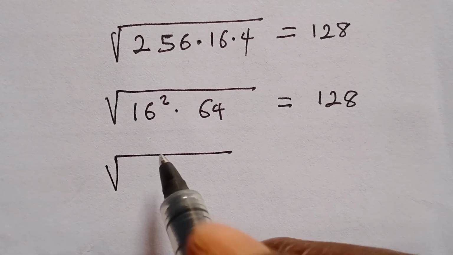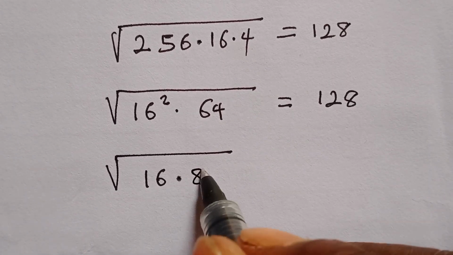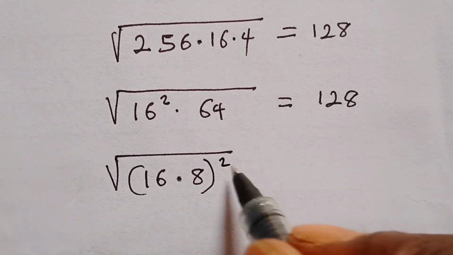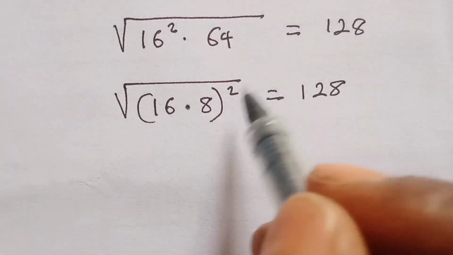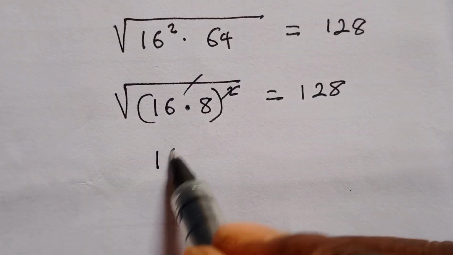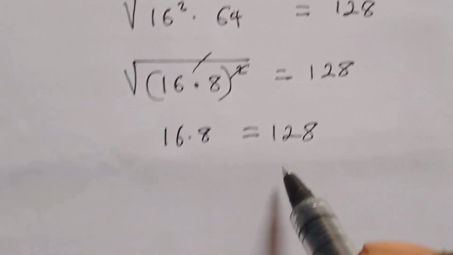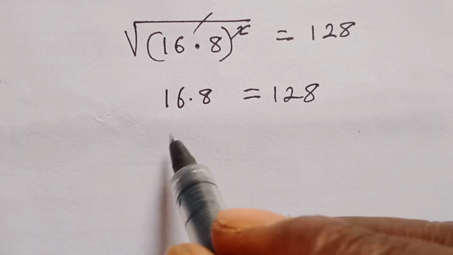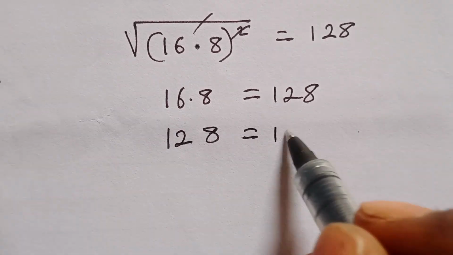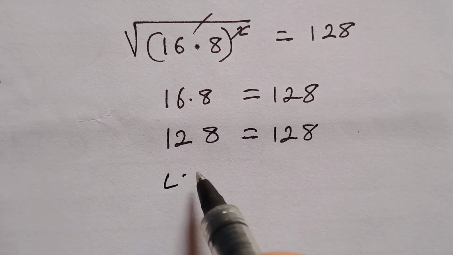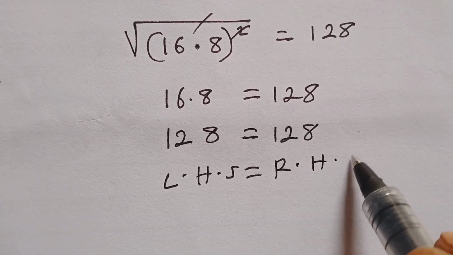So we now have 16 times, so we can rewrite 64 as 8 square as well. Therefore we factor out square of 16 and square of 8 as well, everything to be 128, so that we'll be able to get rid of the square root. So as you can see, we now have 16 times 8. 16 times 8 will give us 128. Therefore, our left hand side is now equal to our right